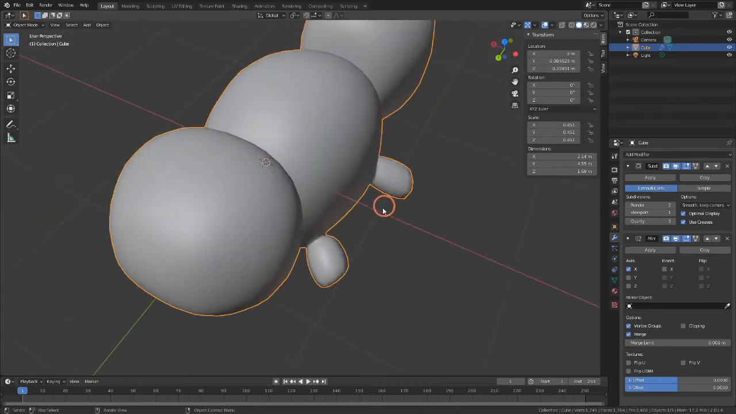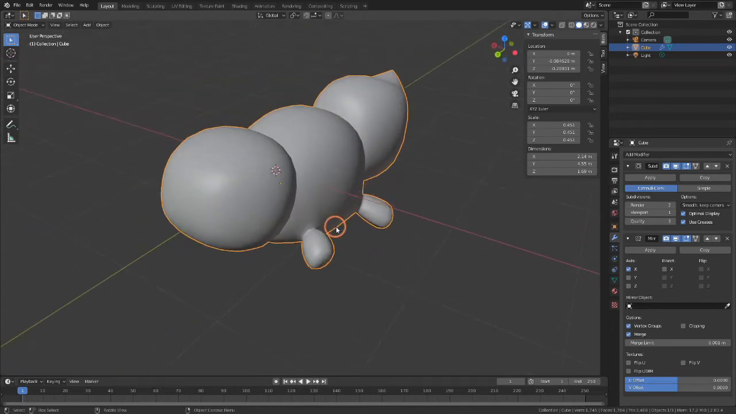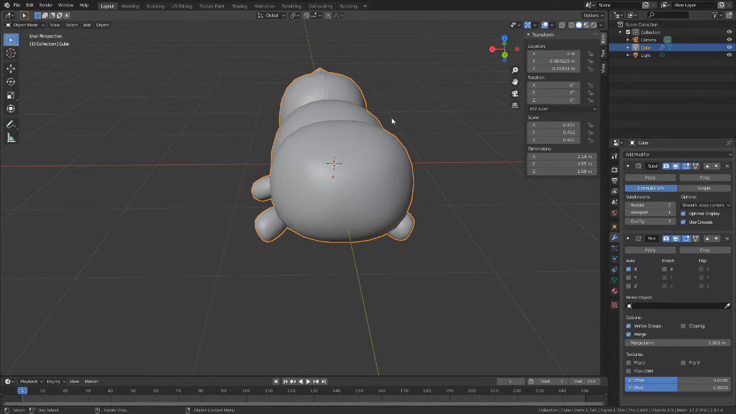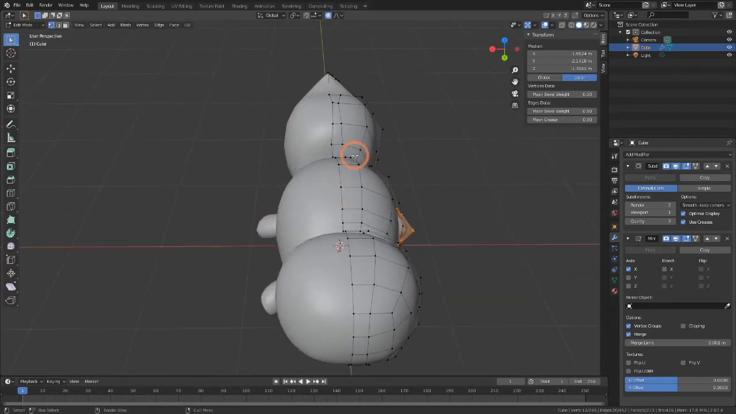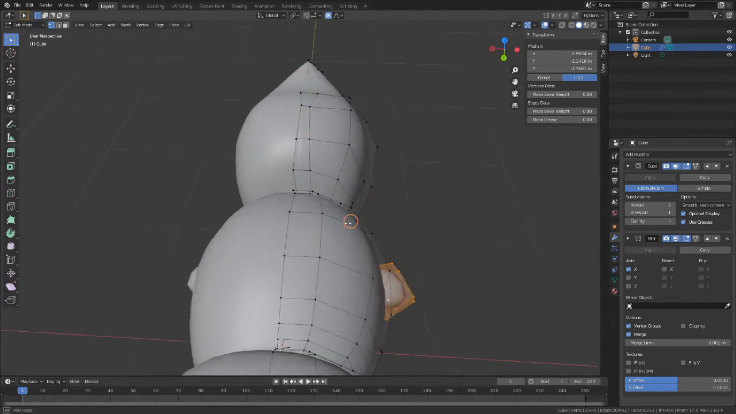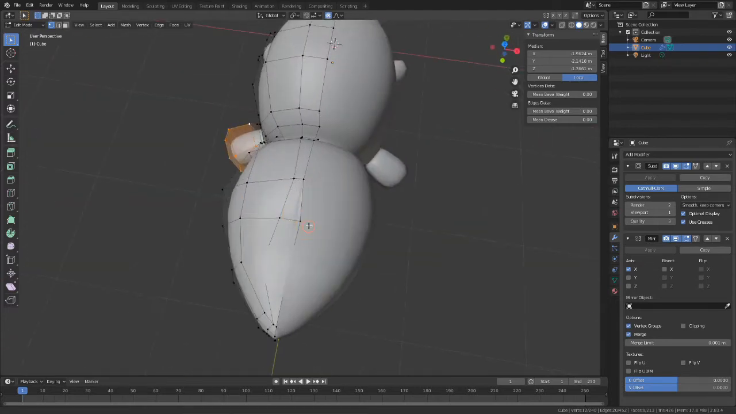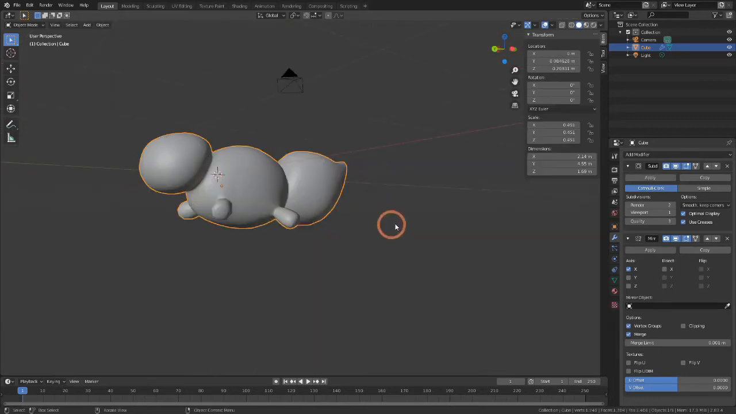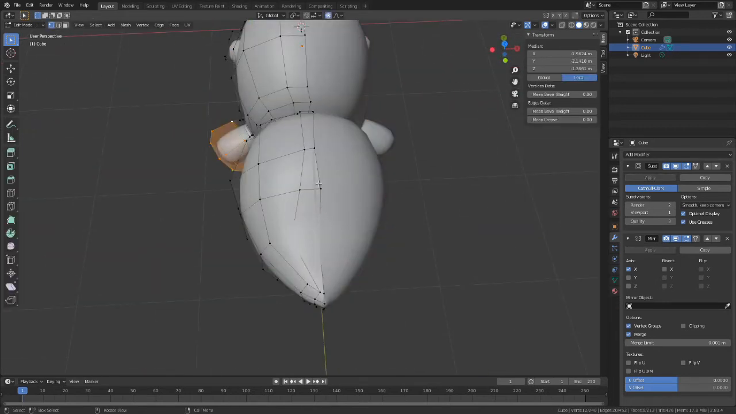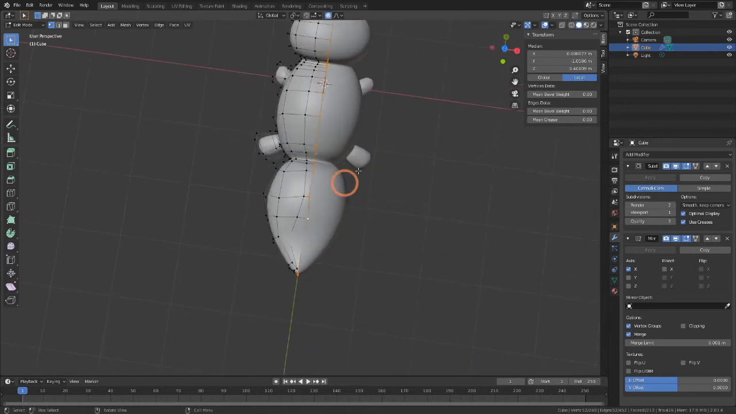Okay, once you're done working in your mirror mode, I'm not actually done. I just want to point out how I'll do the ears. But you might have noticed while I was working, every now and then I would have gaps from just scaling stuff. So you want to make sure you go back in and center